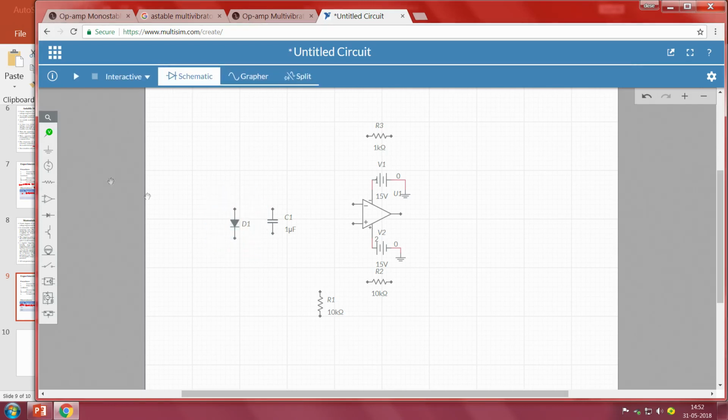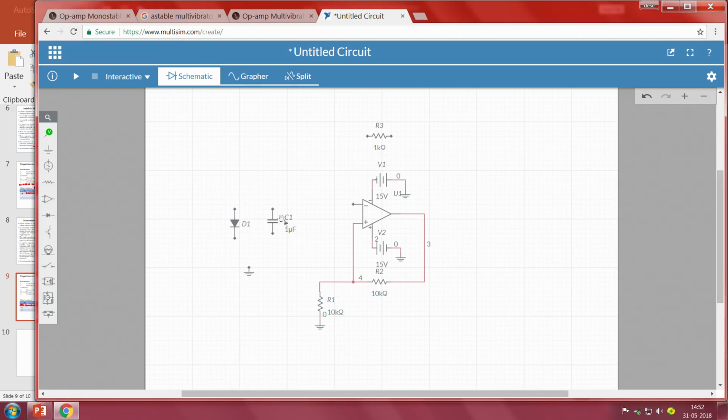So we have made all the connections and put whatever components we required in order to build it. Now we have to connect it. How do we connect? The output has to be connected to one of these terminals, and the other terminal has to be connected to the positive, and this terminal has to be connected here, and take a ground, I will paste it here. So the positive side, which provides the Schmitt trigger operation and decides the higher and lower threshold values, is done.